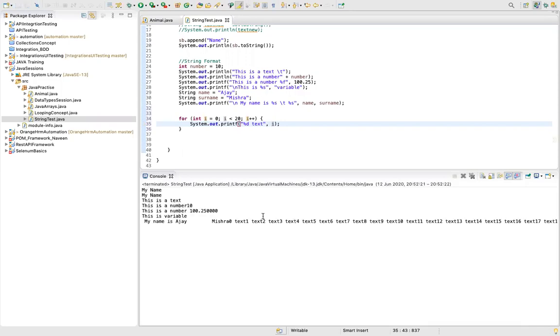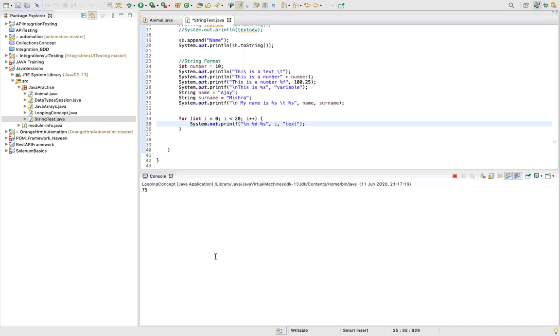Okay, so it's printing text 1, text 2, text 3, text 4. Now let's remove this also, and I will say %s and text. And here I will use /n. Okay, so it's more clean.